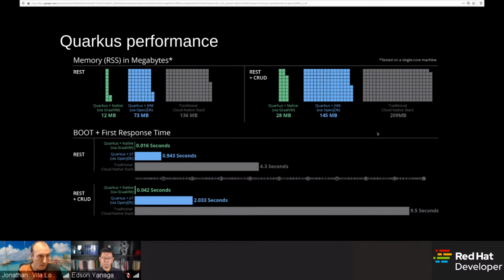Well, regarding the performance, these are figures that can give you an idea of the comparison between a traditional cloud native stack, which probably we all know, and, on the other side of the line, Quarkus with Graal and going native. You can see that the megabytes are dramatically different, and also the boot time and the first